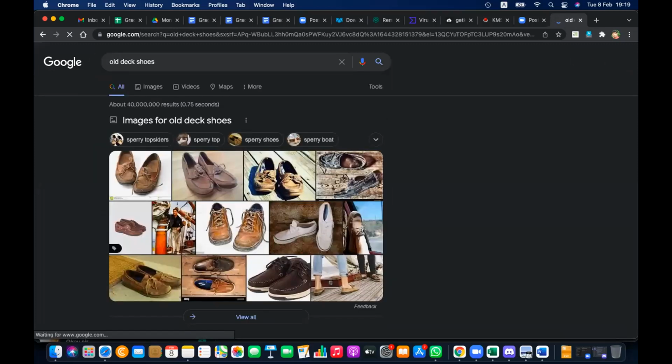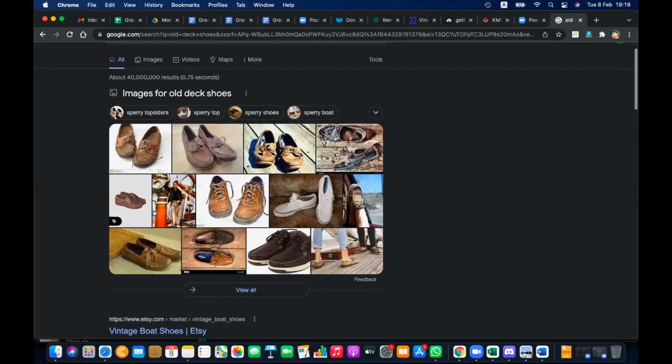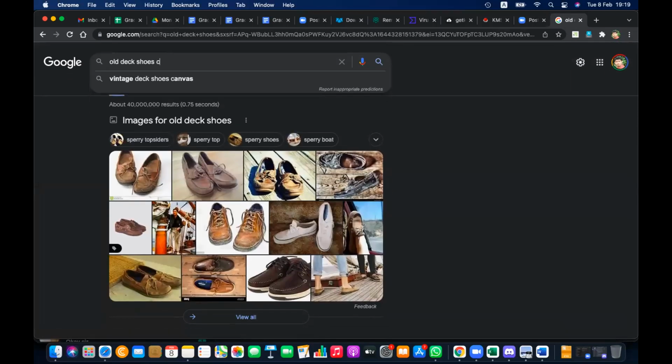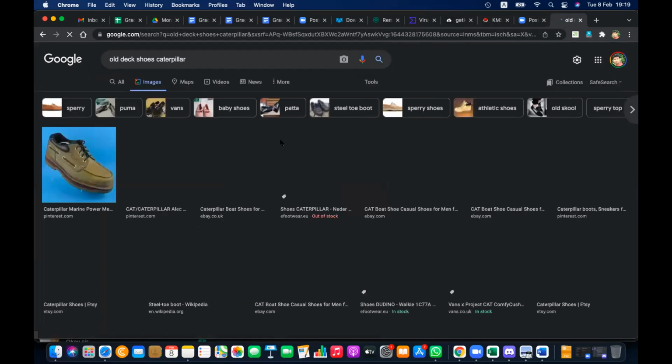Maybe you can ask your parents. There was a pair of shoes called Caterpillar, as I remember. Yeah, I think this one. It's kind of this, but this is not the actual one we got in Sri Lanka.